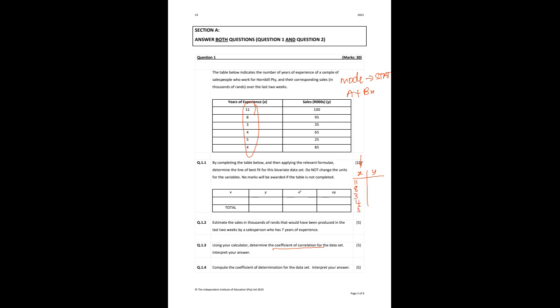You'll basically enter everything. Then you'll use the right arrow to navigate to the next column and you'll go all the way to the top. So here your y values were also given. It was 130 equals, 95 equals, 35 equals, 65 equals, 25 equals, 85 equals. Once you're done with entering all of the values,